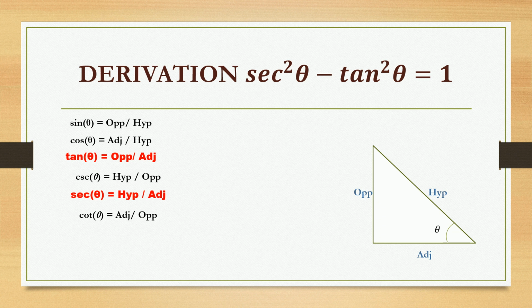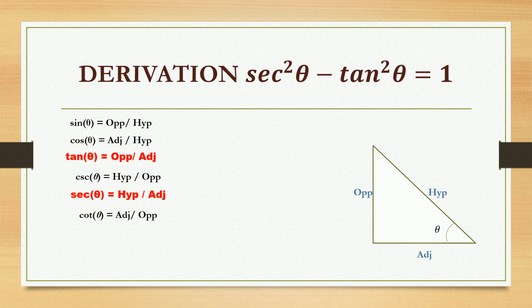Just imagine the value of the expression towards the left side of the identity, sec squared theta minus tan squared theta. What happens when theta is equal to 90 degree? You know, already in my second video, I think I gave that tan 90 is undefined. So this identity cannot exist for theta equal to 90 degree. Of course, there are so many other values which are periodic. You will learn them in higher classes.